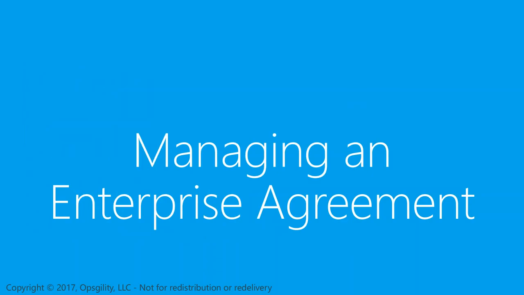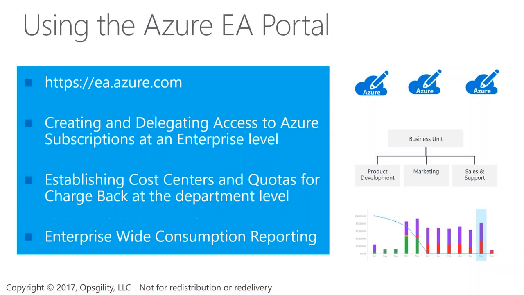So let's start with the Enterprise Agreement portal, the Azure EA portal. So the Azure EA portal is really for organizing and managing subscriptions. It is a common occurrence within a larger enterprise to deploy more than one subscription. In fact, it's common that you would be deploying maybe a subscription per business unit, sometimes more than one subscription per business unit. So this creates some management challenges, as you would expect,